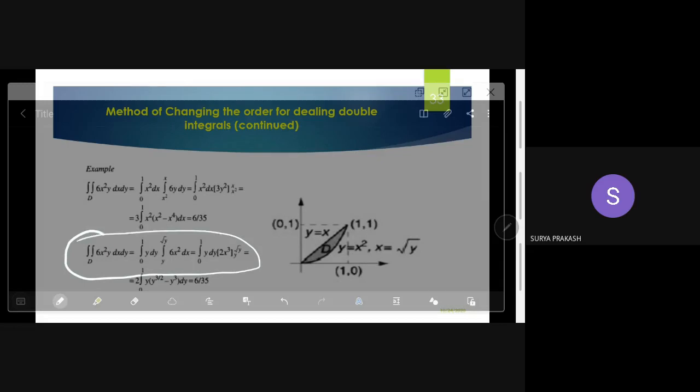If you want for the first part, that is first with respect to y, then draw a strip parallel to the y-axis. At this point, what is the y value? Automatically y is expressed in terms of x squared. That is why he is writing x squared here. And what is the y value here? It is y is equal to x. And you are moving that strip along the x-axis now. So here x value is 0, here x value is 1. So x is equal to 0 to x is equal to 1.